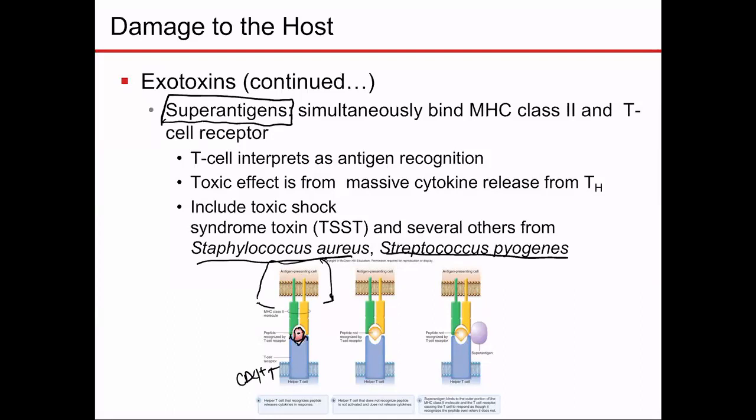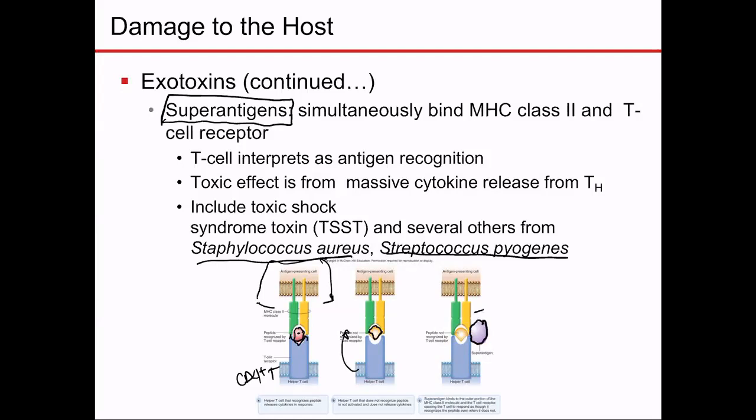If the wrong antigen is being presented and this T helper cell is not able to recognize that, then now this T helper cell is not going to produce the cytokines, the signals that are required in response to that antigen. Now, a superantigen is a molecule that some bacteria produce that have the ability to force that interaction